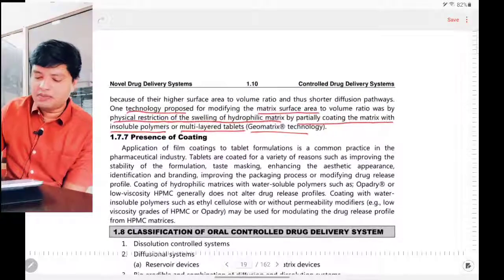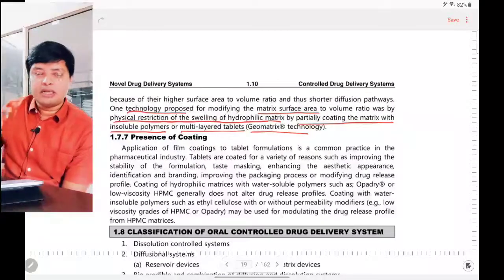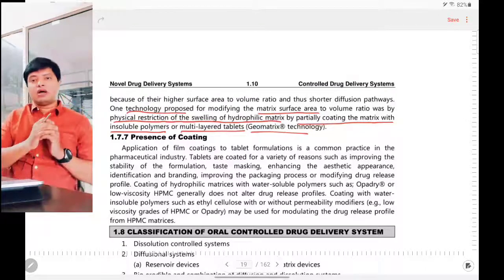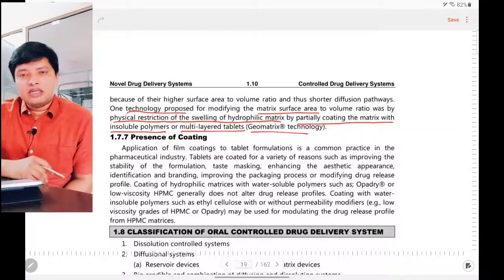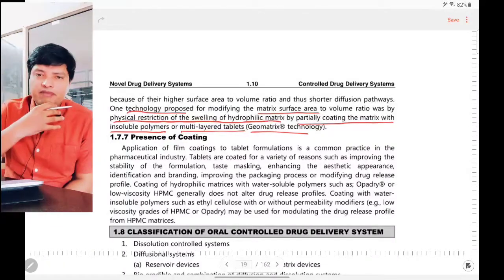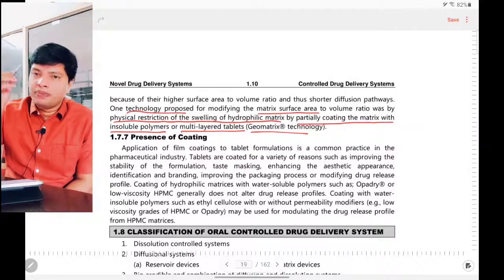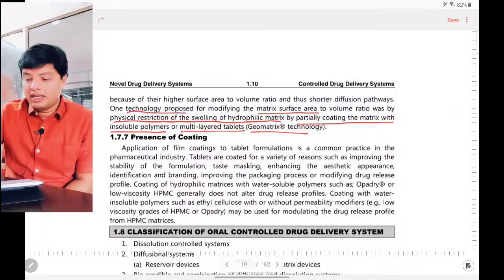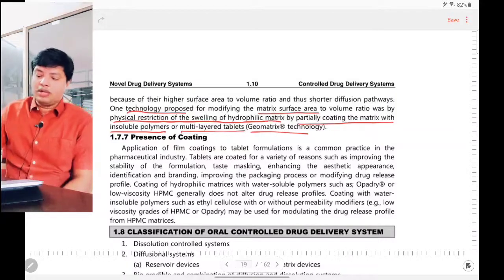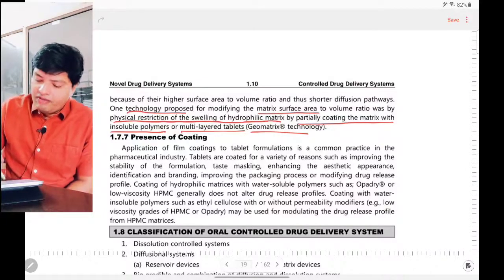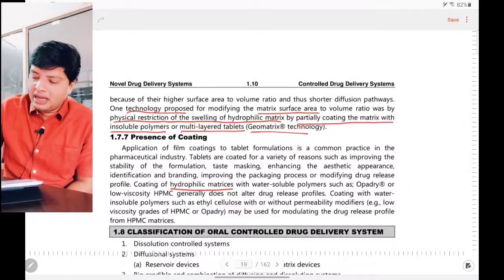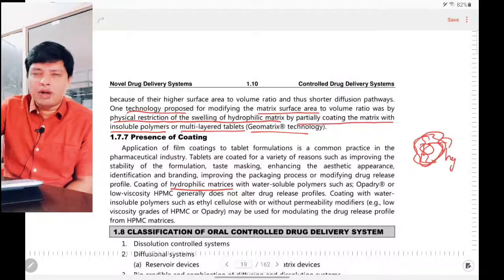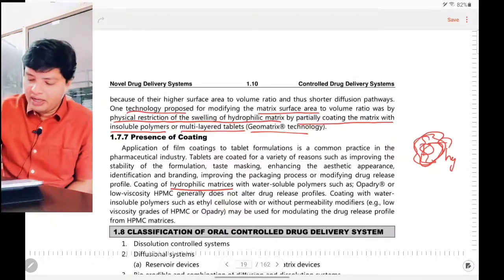And the last factor is presence of coating. Presence of coating will also have a profound effect on the release of the drug. How? We will try to see here. We apply film coating for various reasons. It may be functional coating or non-functional coating, to mask the taste or to increase the elegance. We have many reasons to apply coating. Now if the matrix with the drug is hydrophilic, meaning the polymer which I used to punch the tablet is hydrophilic,